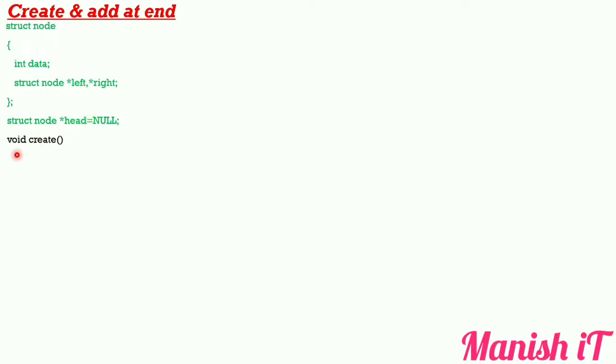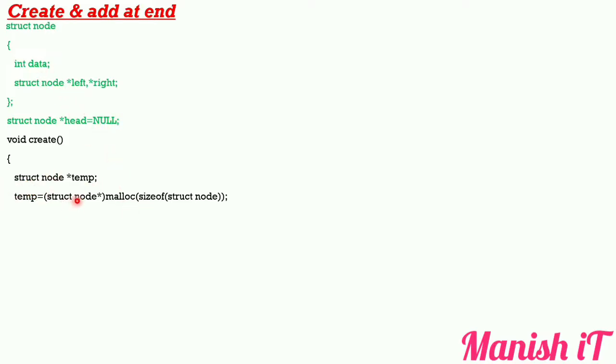Now we have to call a create function that creates a node. I will show you how to create it logically and programmatically. Here the main function starts, and we need one pointer type variable, a struct node type pointer, because whenever a struct node type pointer is used, it covers the data part and the left as well as right pointers. In the temp variable we call the malloc function to dynamically allocate memory for the data part as well as the link part.